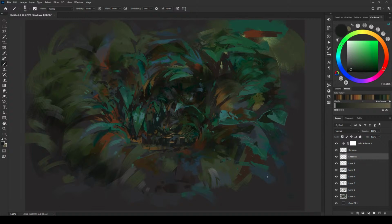Now I think we need to make these mushrooms a different color than most of what else is going on here, so that they end up being more of a focal or design element. And I think we can give them, let's see, what if we do like